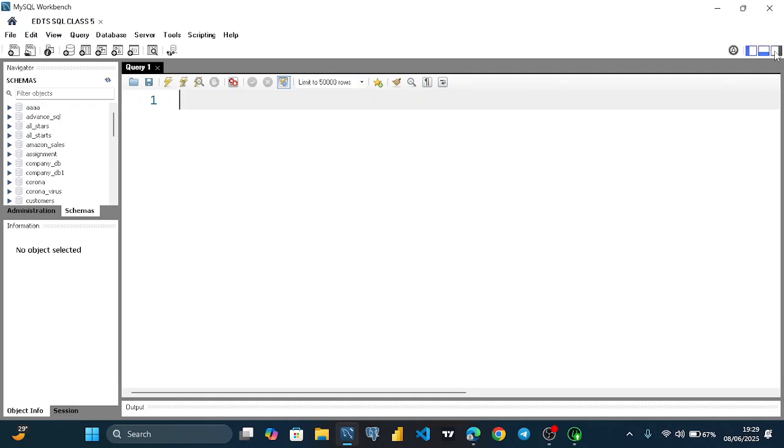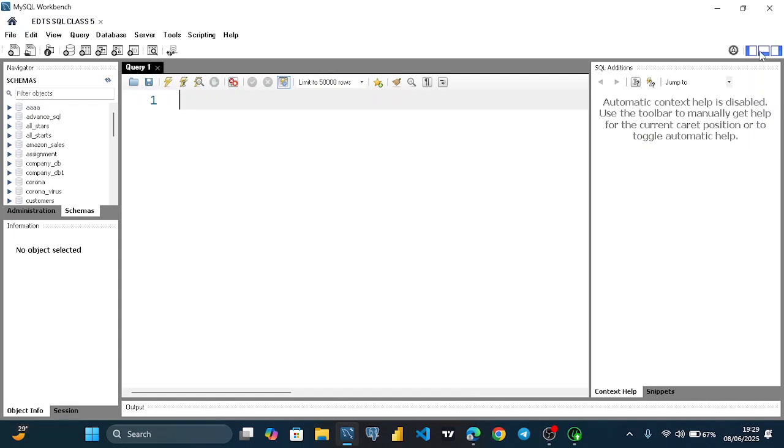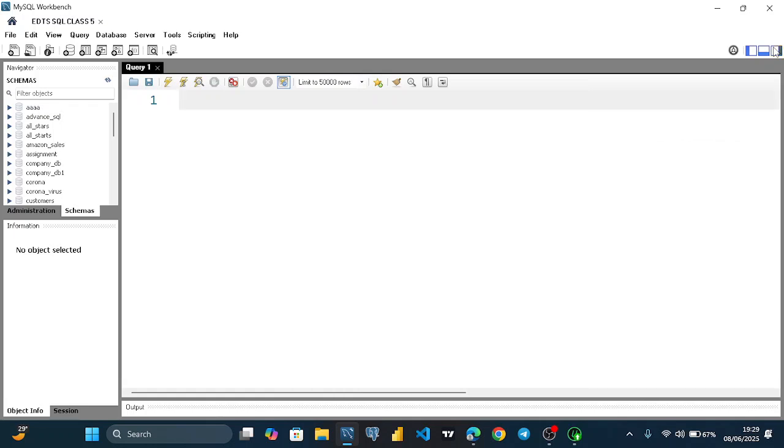If you opened your SQL, yours is going to look like this. So you have to use this to toggle. You can close this, you don't need it. Close this so that you can have a clean space. You need this too because this is your execution. Any code you're writing and you decide to execute, it is going to show you your